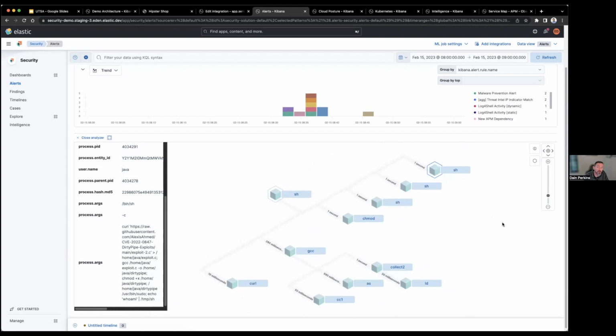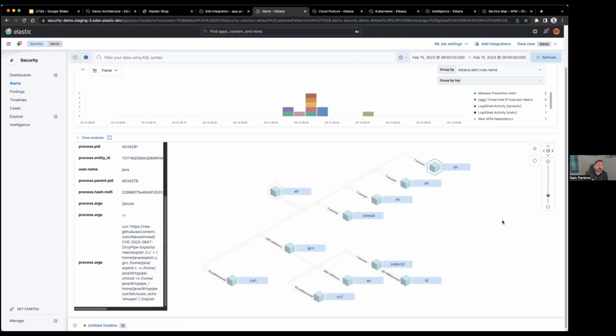So if it's something new, and this is fairly straightforward, it's log4shell, we know what it is. Dirty pipe, we know what it is. If it were something that we hadn't seen before, it gives us a really, especially for those of us who are maybe not as comfortable digging into Linux terminal commands, shell scripts, that sort of thing, gives us a great overview and a great detail as well on everything that went into this particular attack.